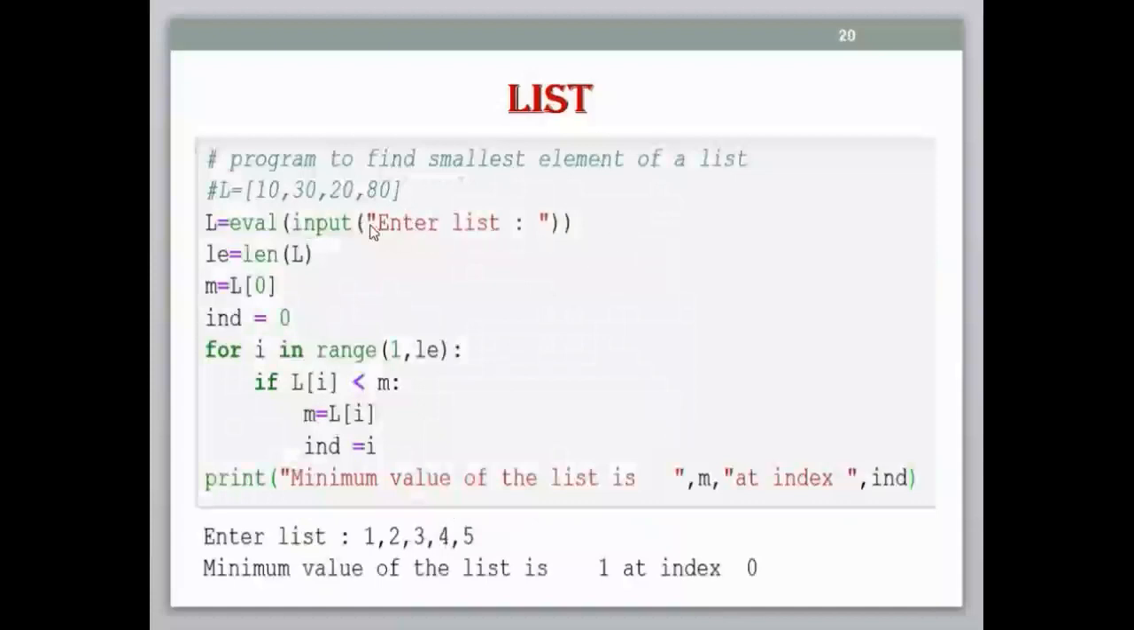a list. Here I have taken a user defined list. I have used a variable for length and I have taken a variable to store initially the first value of the list. हम लूप चलाएंगे लिस्ट की लेंथ तक और हर एलिमेंट को इस वेरिएबल m के साथ में कंपेयर